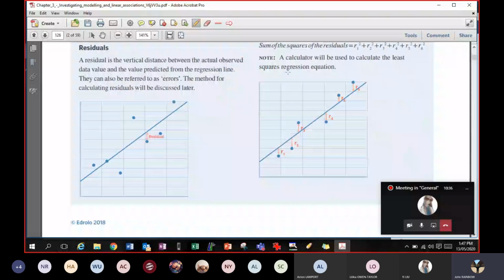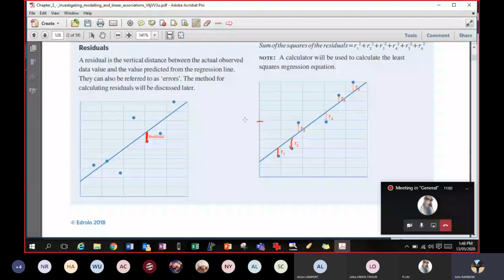So these residuals are really actual minus predicted. The residual value is the vertical distance, or the difference in the y coordinate, between my actual versus my predicted. So these are the residual values. Clearly my residual value here is going to be negative, because it's actual minus predicted, and the predicted is a higher value on the y scale. And this would be a positive value because, for example,